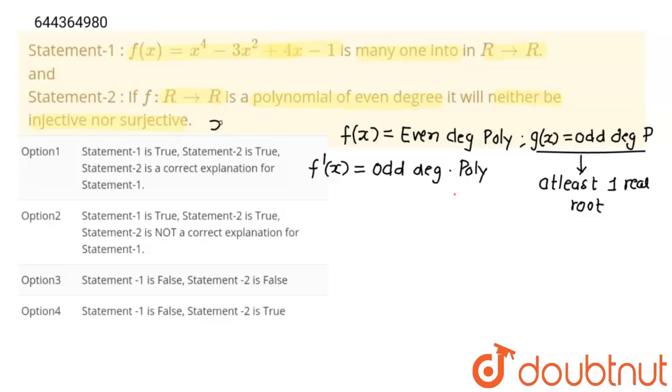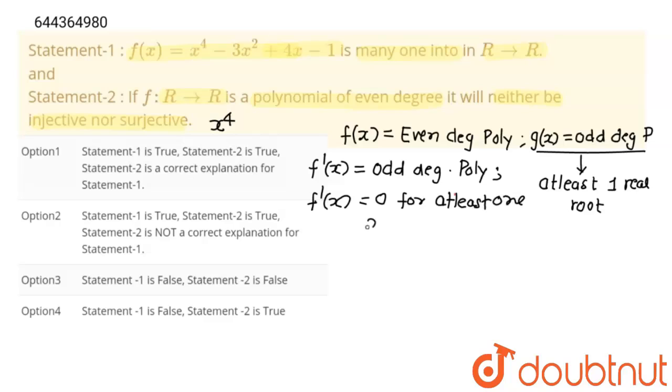Like if we differentiate x to the power 4, because this is an even degree polynomial, the differentiation of this will become 4x cube. So 4x cube, this is an odd degree polynomial. So differentiation of an even degree polynomial will become an odd degree polynomial. Now, an odd degree polynomial has at least one real root. So f'(x) will be equal to 0 for at least